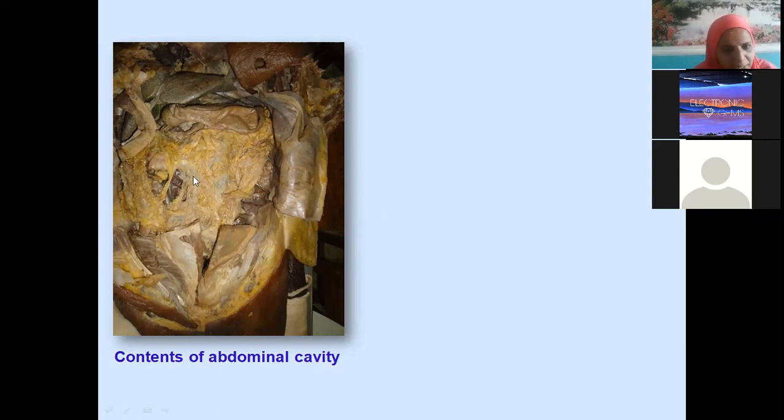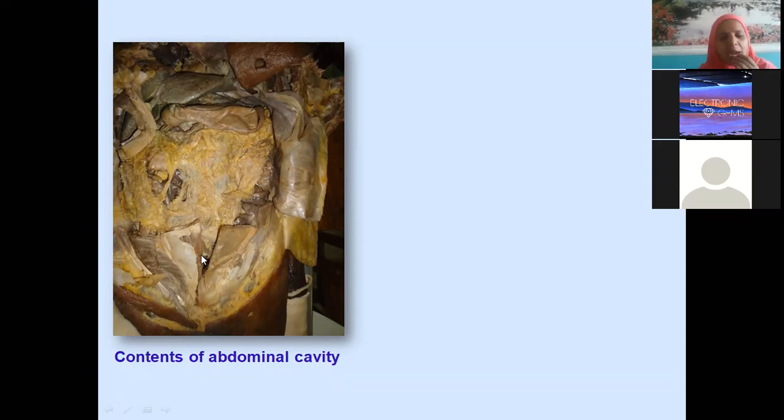So behind this greater omentum, what are these areas? What is this structure? Colon. Descending, ascending colons. Oh no, just check. They look like small coils, no beta? Acha, okay. So small intestine. Then what is this organ? This is actually a fetus, a small baby. That's why even the umbilical cord is here. Okay, what is this organ? This looks solid. Liver. What is the name of this ligament separating two lobes of the liver? Falciform ligament. Very good, falciform.